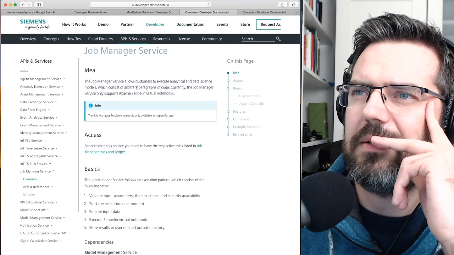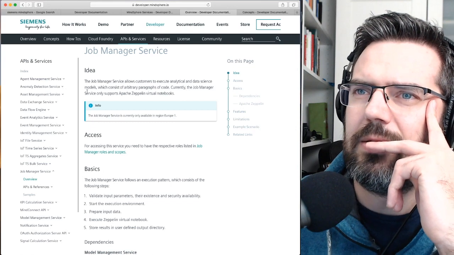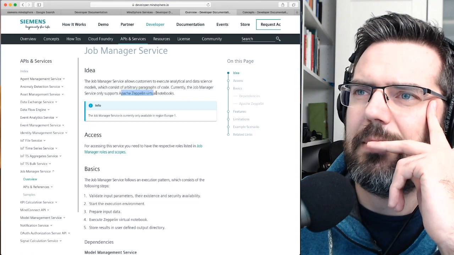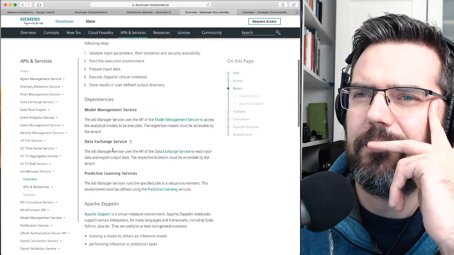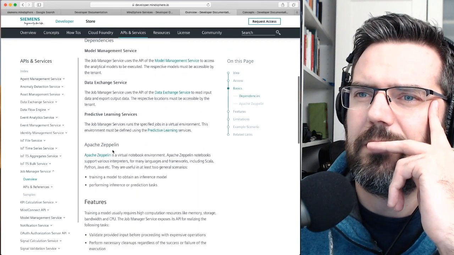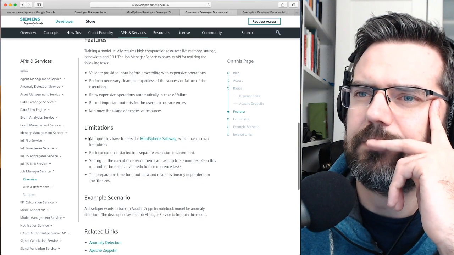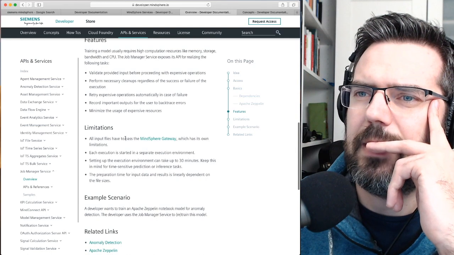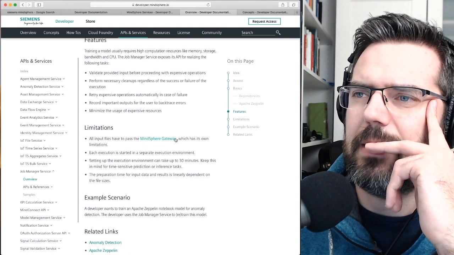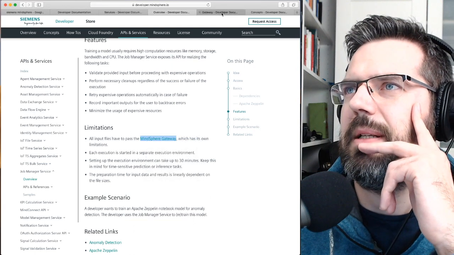The job manager service allows customers to execute analytical and data science models which consist of arbitrary paragraphs of code. The code manager service only supports Apache Zeppelin virtual notebooks. Okay, this is interesting. Limitations: all input files have to pass the Mindsphere gateway, which has its own limitations. What are the limitations of the Mindsphere gateway?